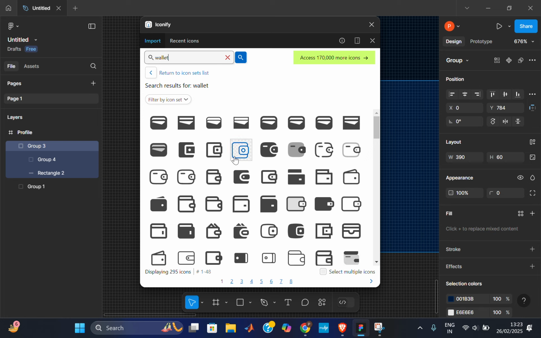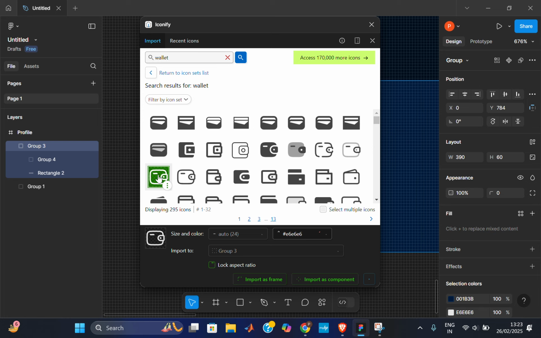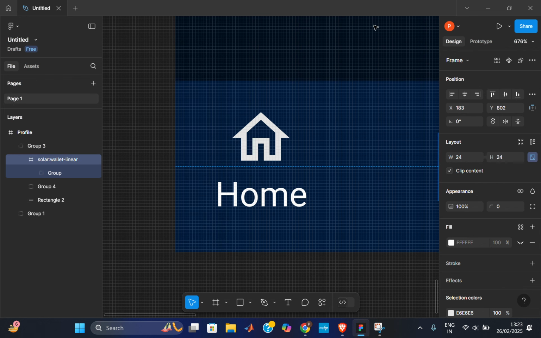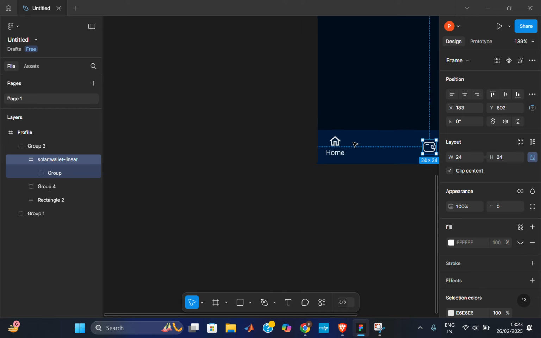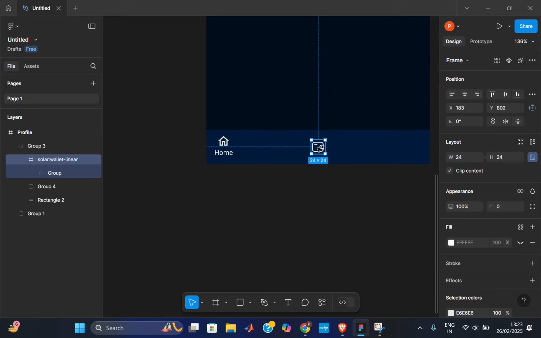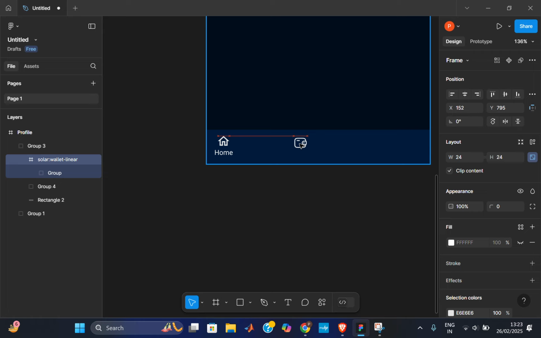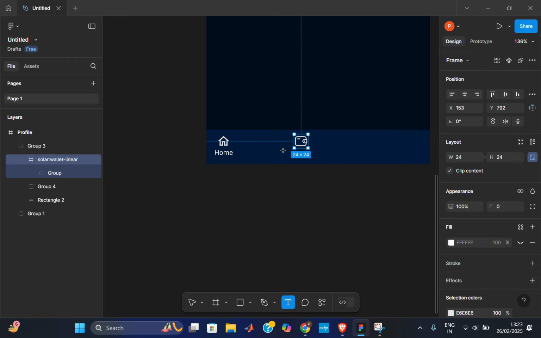Yeah. So let's take this one. The color is the same, and we're gonna import it as a frame. We have gotten it over here. We'll align it almost on the same level. And next we'll add a text box below this